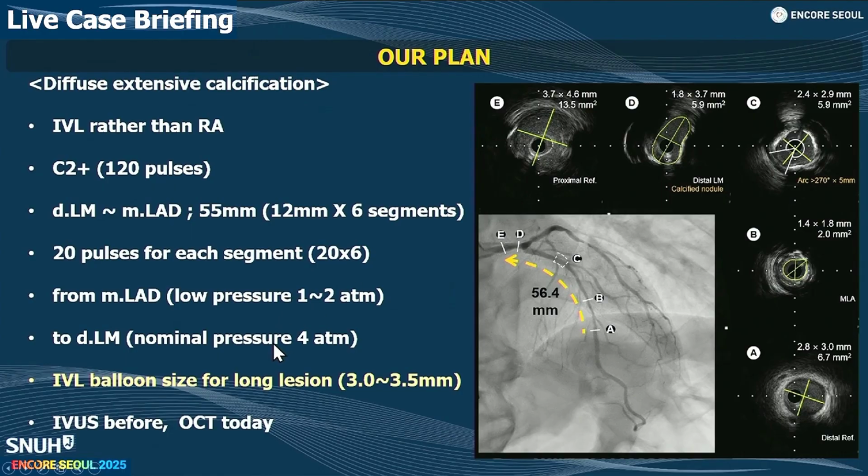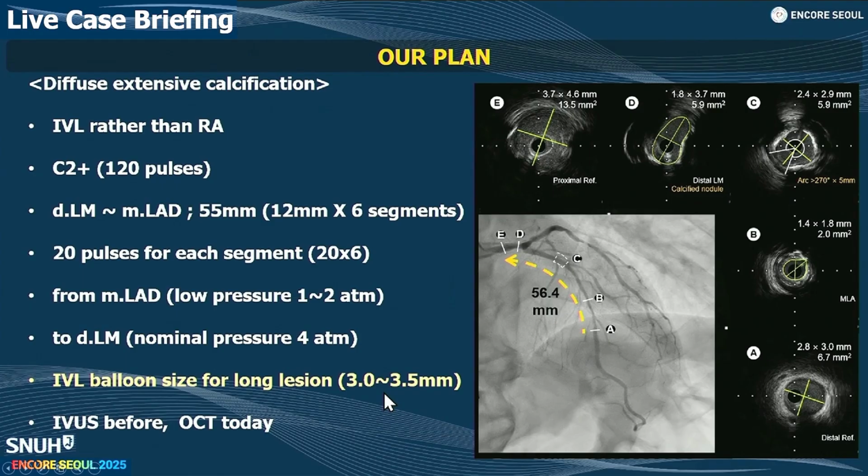For each segment, we are going to deliver 20 pulses from mid-LAD to distal left main. Mid-LAD is small, thus we use low pressure. Distal left main is big enough, thus we use nominal pressure, 4 or 5. It is an issue to choose the IVL balloon size for treating such a long calcified lesion because we would like to use just one balloon. It is very expensive. In this case, 3.0 or 3.5, our consensus is 3.0